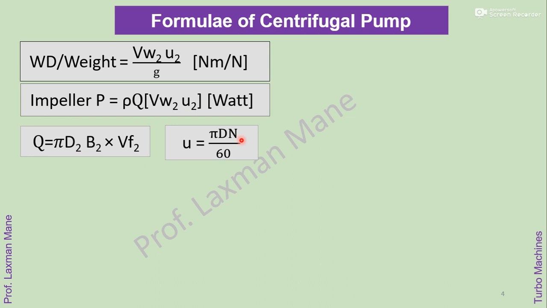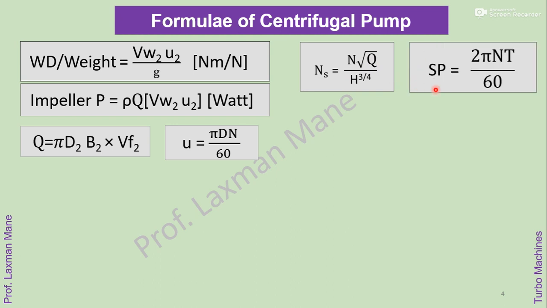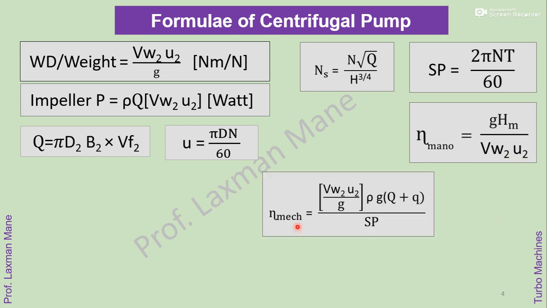Vane velocity is equal to pi D N by 60. Specific speed is equal to N into square root of Q divided by H raised to 3 by 4. Shaft power of impeller is equal to 2 pi N T by 60. Manometric efficiency is equal to g into Hm divided by Vw2 U2. Mechanical efficiency is equal to Vw2 U2 by g into rho g into capital Q plus small q divided by